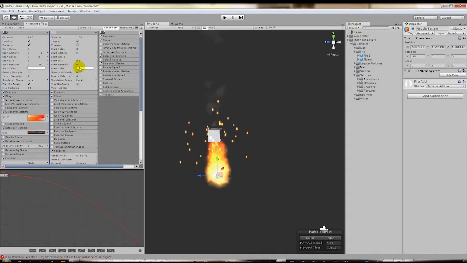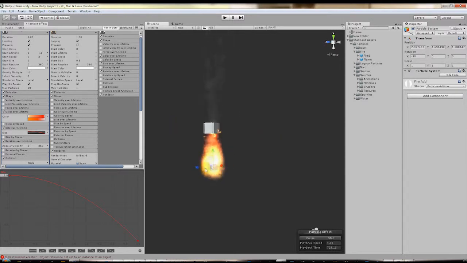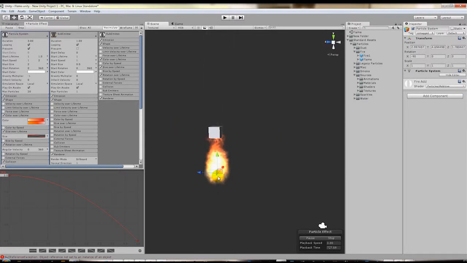Throw in some start rotation. Lifetime. Yeah, and then see, it's easy. Obviously, you'd put a little bit more work into it. As an example,